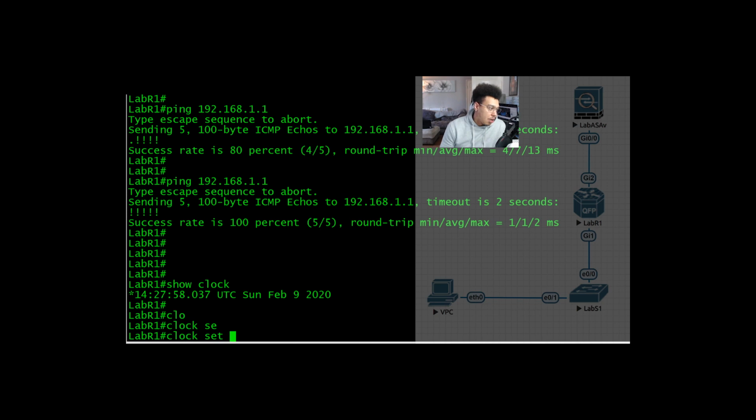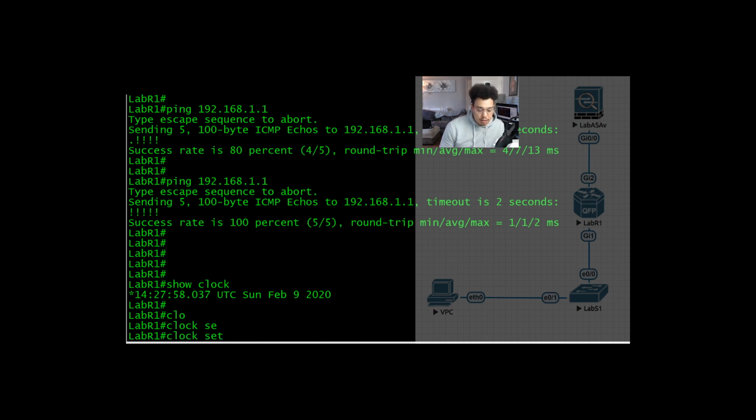So we're going to change the clock, and let's change it to, well, we'll follow the lab guide. The lab guide tells us to change the time on lab router 1 to reflect 5 minutes ahead of the current time. So 5 minutes ahead of this time is going to be roughly,